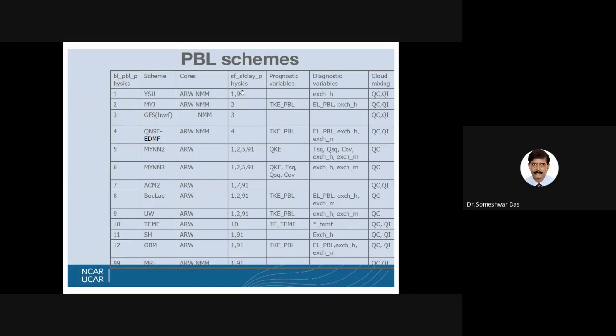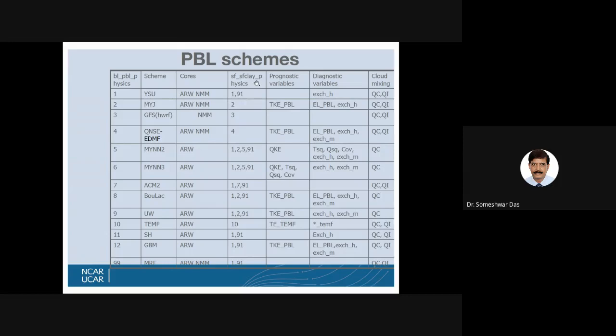Recall that in the last class we talked about the surface layer options available in the WRF model. So if you are using the YSU scheme, then you have to use this option for the surface layer, because they are hardwired in the model code, such that the inputs for the YSU scheme are provided by this surface layer parameterization scheme.